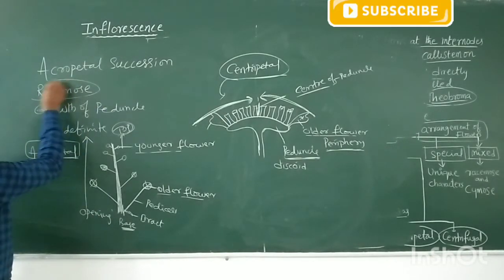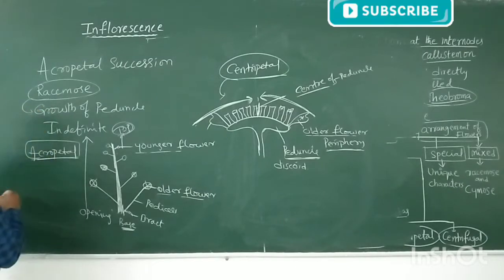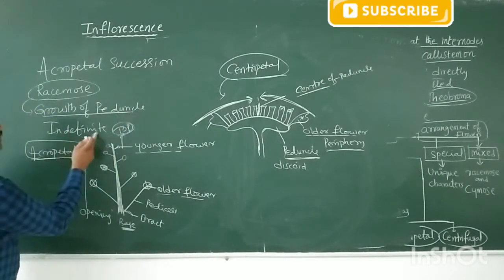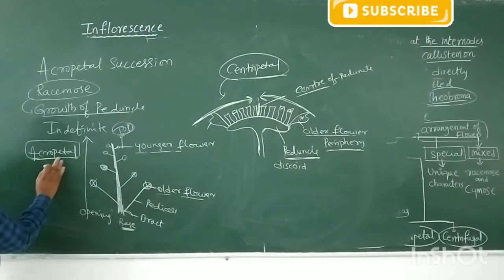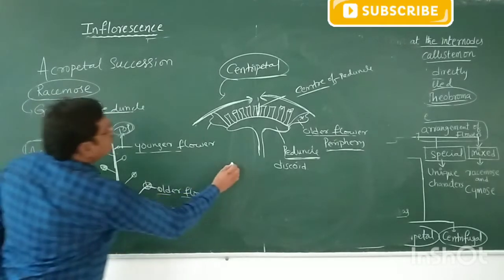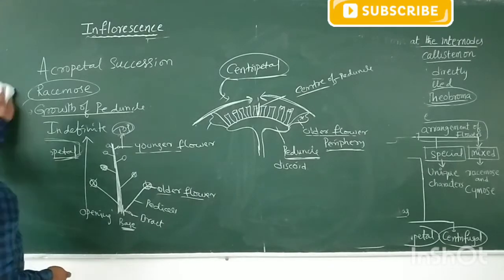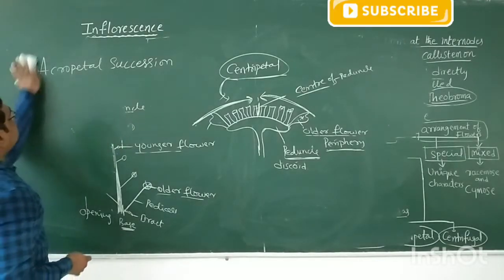Here in the racemose inflorescence, the growth of the peduncle is long and indefinite, and the opening and arrangement of flowers is in acropetal manner. Here centripetal manner. So this is the racemose inflorescence. So next,